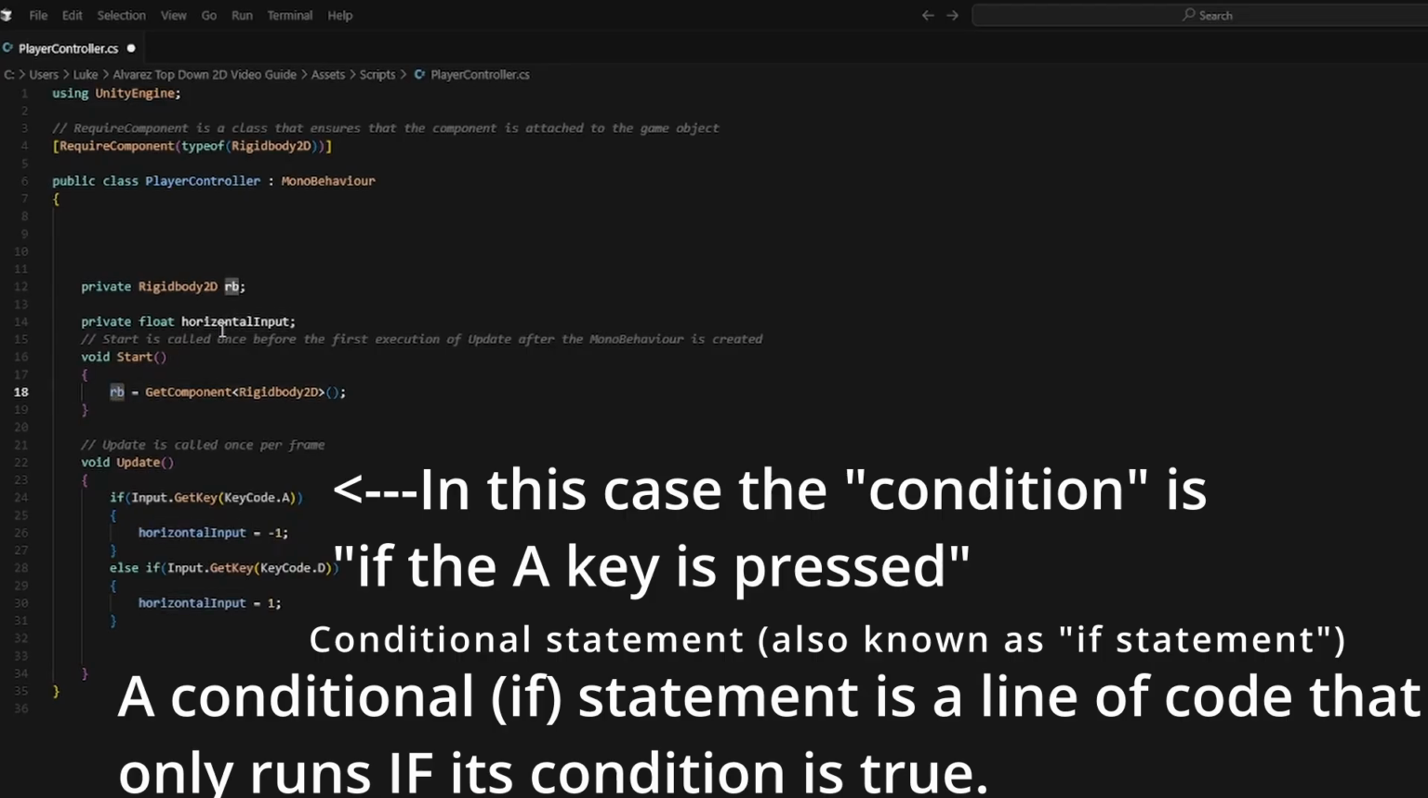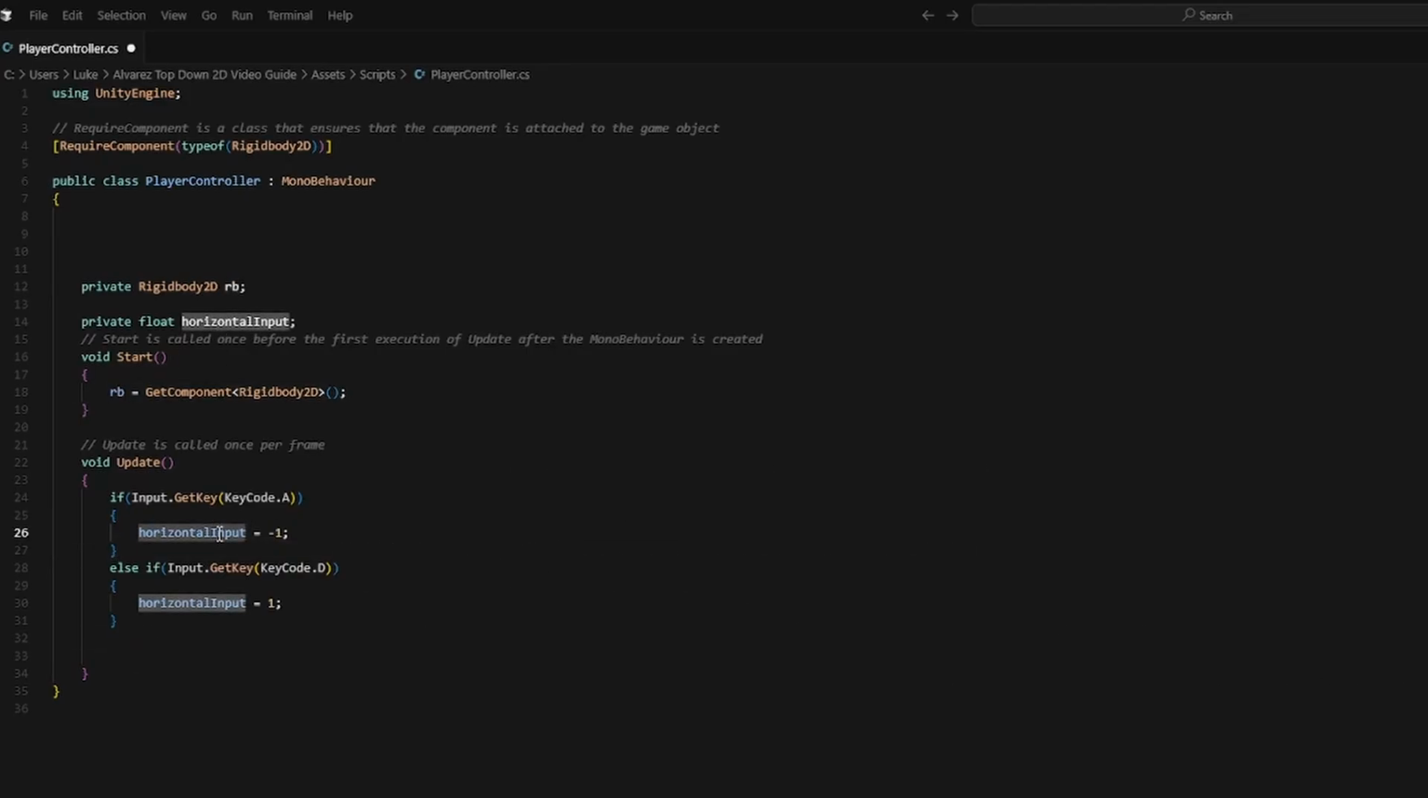So the rigid body knows what button the player is pressing, and it sets our velocity accordingly. So the last thing we're going to write is this line of code, which will tell us how much to move based on our inputs. We're going to write rb.velocity equals new Vector2(horizontalInput,